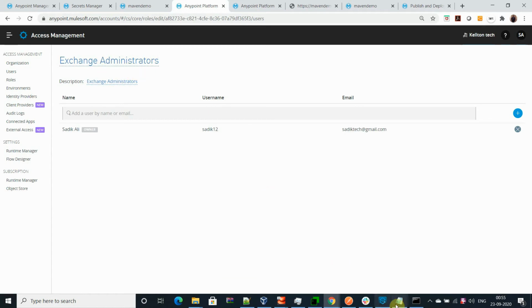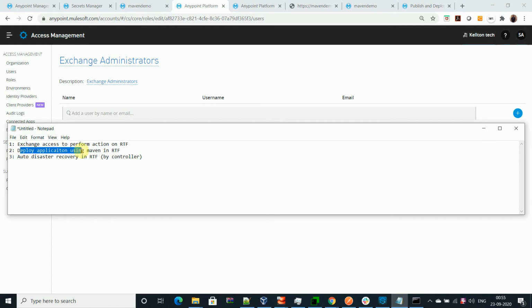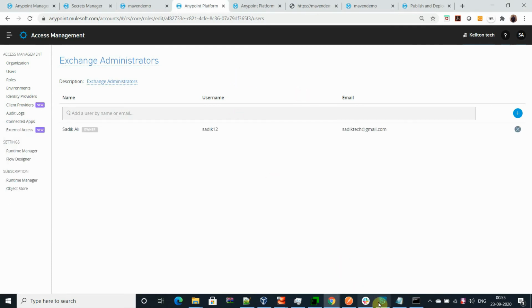Second point, deploy a Mule application using Maven. Let's go and deploy the application with Maven.